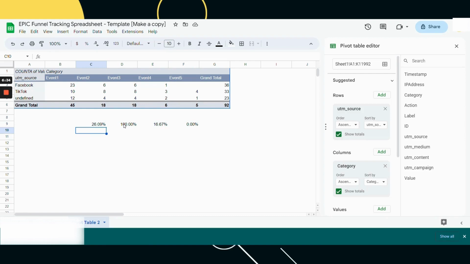I also like to know it based off percentages down the funnel, based off how many people actually started the funnel. So to do that, it's quite similar. You want to go again like that. But then we want to go in, and the static value is going to be B. To make a static value in Google Sheets, you just add the $ sign before the B and after the B. So this will not change. And then we can scroll it along. And as you can see, only 4% of people who hit event 1 click submit, and 0%